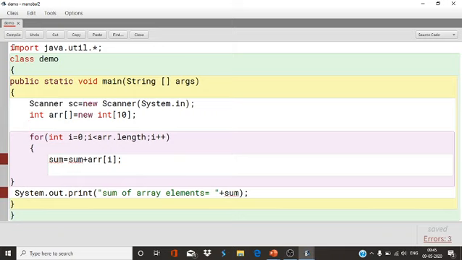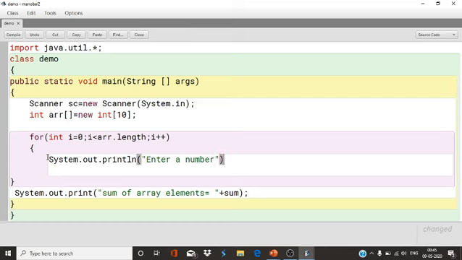Now I have to accept the values, so I will write code for that. System dot out dot println, enter a number.